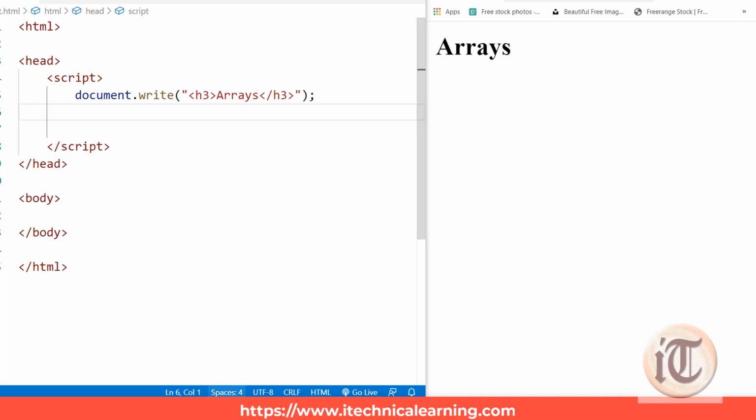Okay, so before starting the coding part, first let us take a look at the basic introduction of JavaScript arrays. As per the formal definition, JavaScript arrays are used to store multiple values in a single variable.